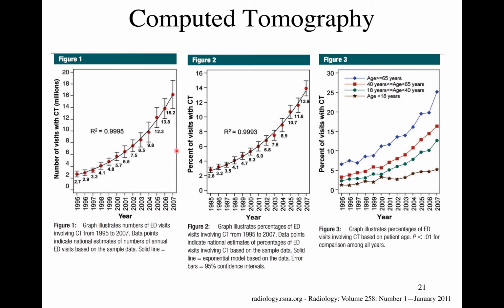This is the increase in usage of CT. I think this data is from the ER. Yeah, emergency department visits. The percentage of patients who go to the emergency department that get a CT scan has increased. This is from 95 to 2007. All right, so this data is 12 years old. And the number of visits with CT in millions: we got 16 million CT scans just done in the ED, the emergency department, right? So it's a huge